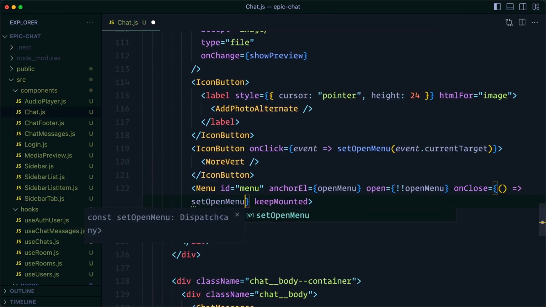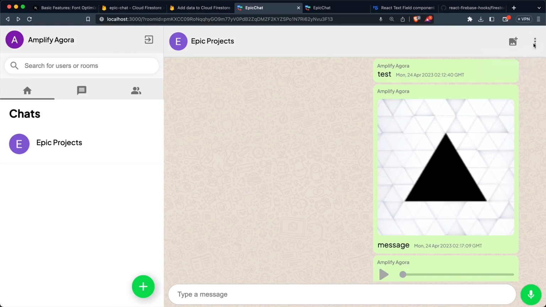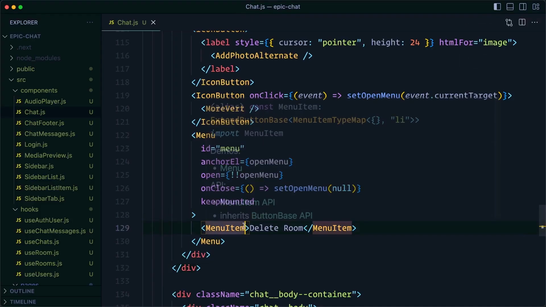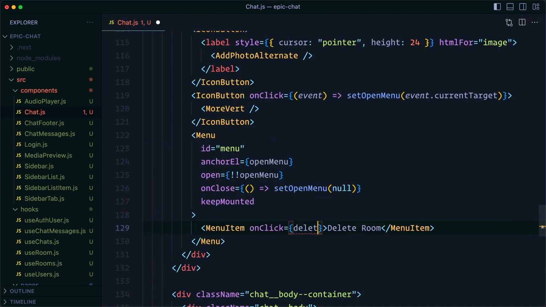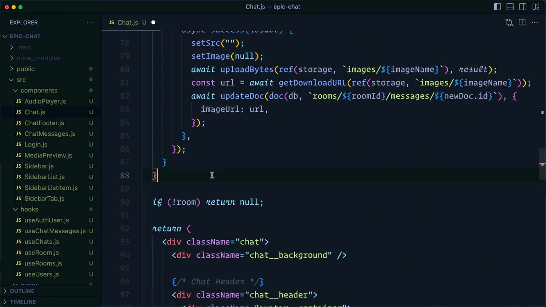Open menu to null. If we go back to our header, we should be able to toggle this menu and see its contents, our one item here of delete room. We want to be able to click this to delete a room. So we'll add an on click and connect it to a new function, delete room, which we'll create above our